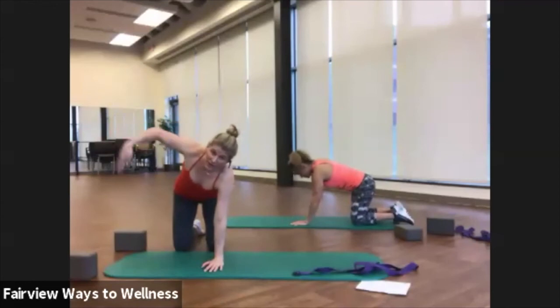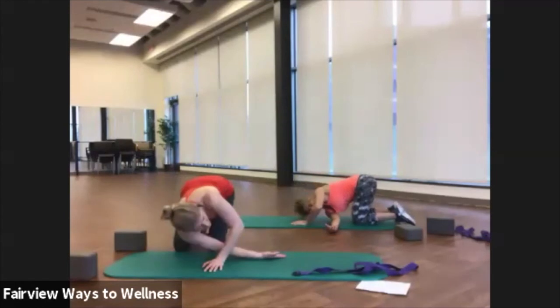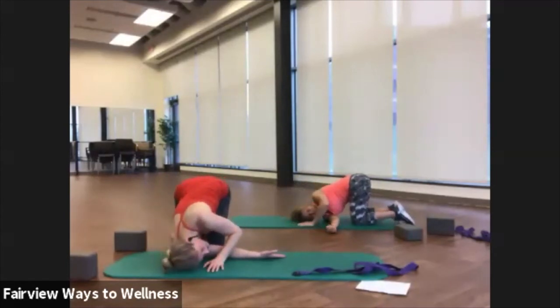Reach the right arm up. Now thread it through behind the other arm. Reach under there a little ways and then drop the elbow to the ground. Then gently set the side of the head down. And we'll breathe here and feel the stretch